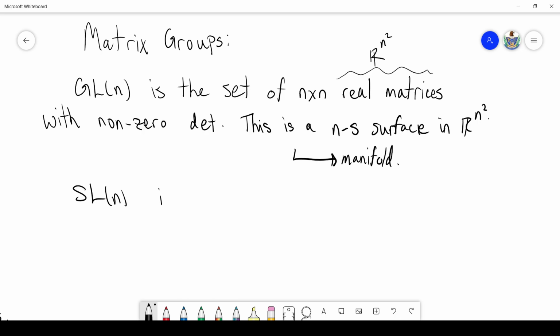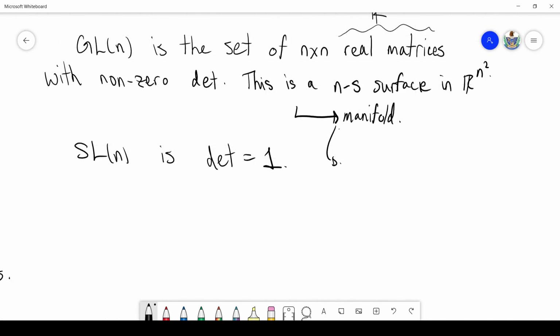SL of n is essentially the same thing, but where the determinant equals 1, right? So this is a subgroup of GL of n, and you can show it's also a non-singular surface, so it's also a manifold. And in particular, SL of n is connected. It's a connected manifold. GL of n is not connected because